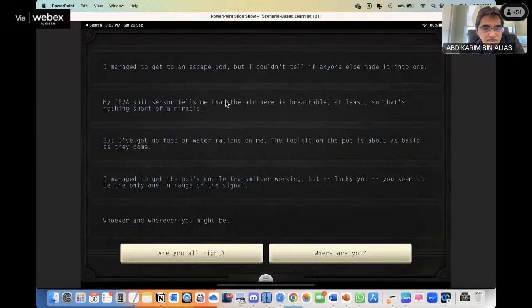Basically this is a story, and the story is unfolding. It is the story of a person who suddenly wakes up from a long sleep and finds himself somewhere in space. He didn't remember what happened, so he just wanders around, and the scenario unfolds from there.